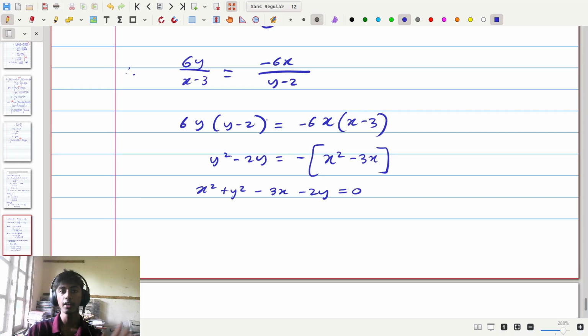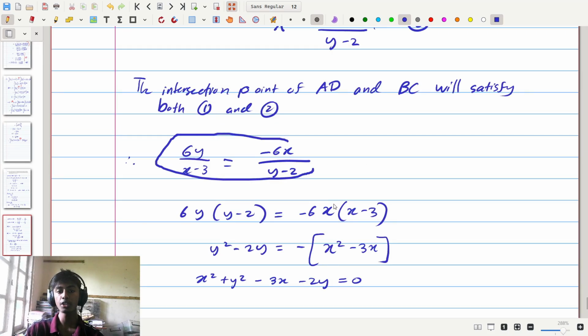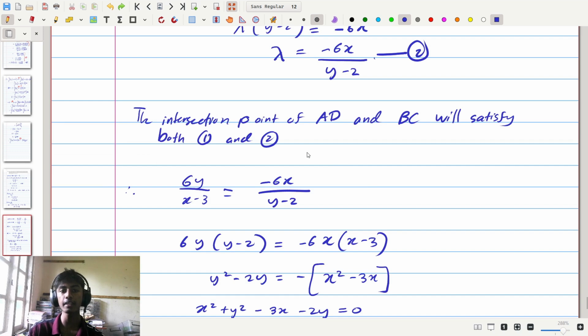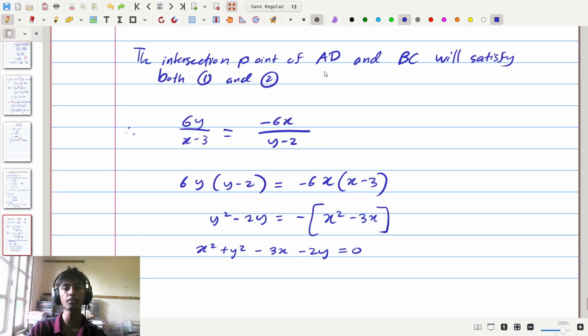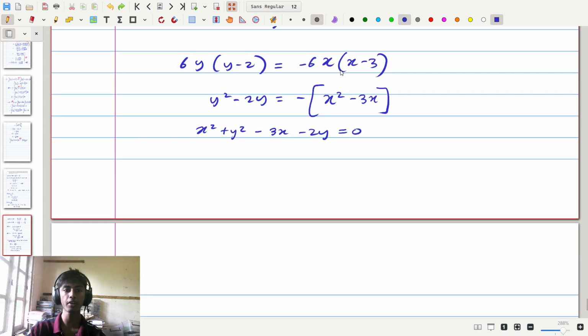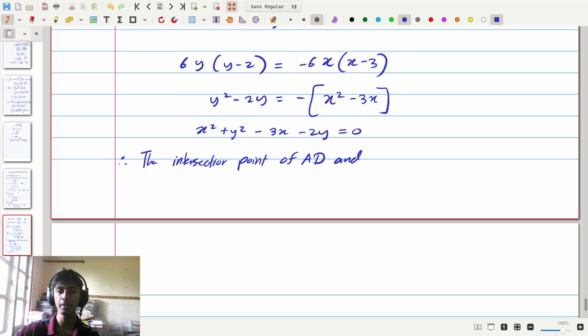And we can see, since the two equations that we used to get to this point were satisfied by the intersection point of AD and BC, the final equation we get, which is this equation right here, will also be satisfied by the intersection point coordinates of the lines AD and BC. So finally we can say, therefore, the intersection point of AD and BC will satisfy